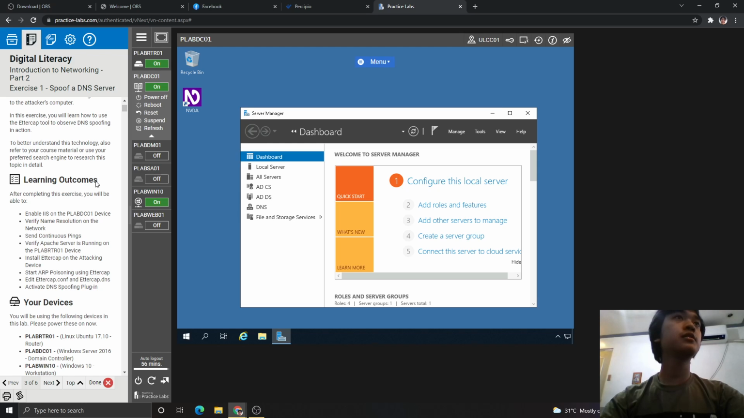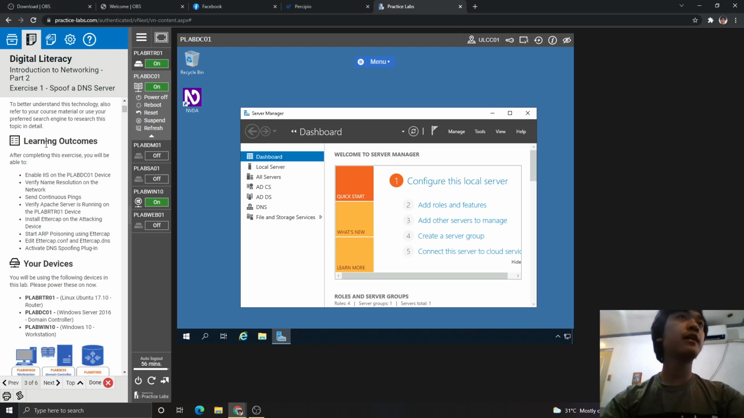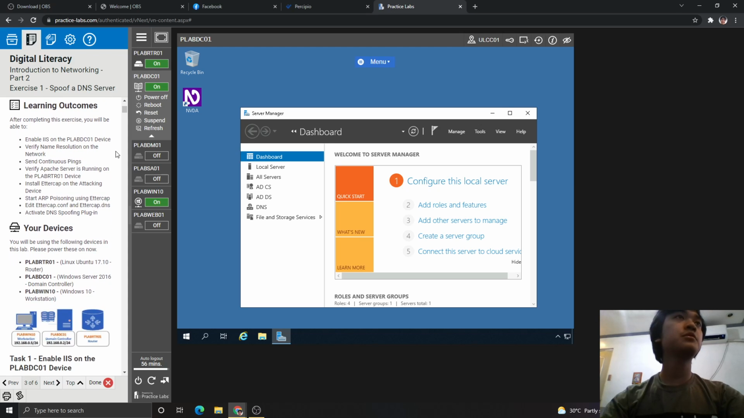In this exercise, you will learn how to use the Ettercap tool to observe DNS spoofing in action. To better understand this technology, also refer to your course material or your preferred search engine to research this topic in detail. Learning outcomes: after completing this exercise, you will be able to enable IIS on the PLABDC01